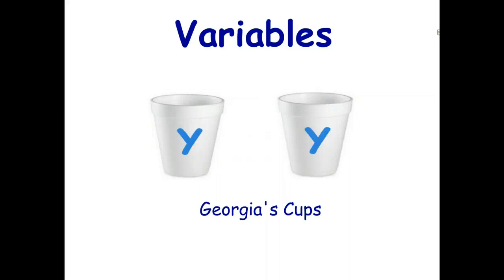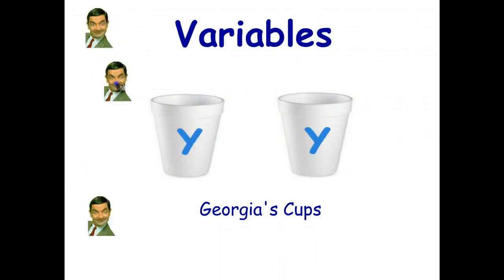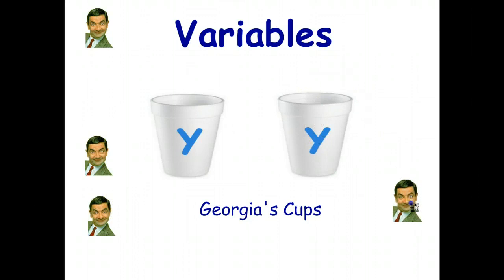Georgia has some cups. Again, we don't know how many beans are in the cups. She again has labeled them as y, so let's just take the beans out and see how many we have. In that cup, Georgia has 3 beans, so y equals 3. And in that cup, Georgia has 3 beans. So once again, for Georgia, if y in this cup equals 3, y also has to have the value 3